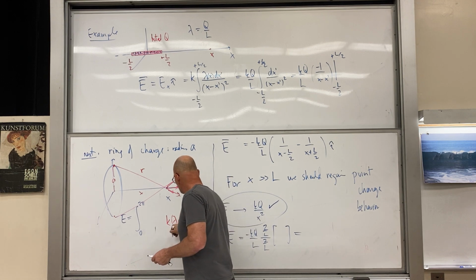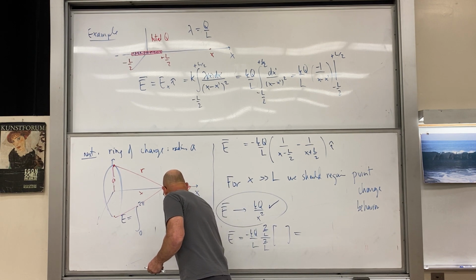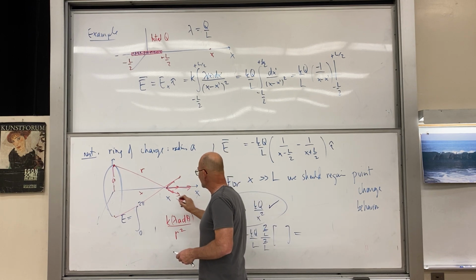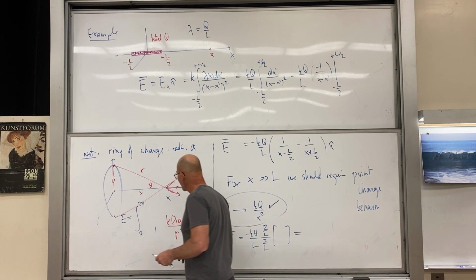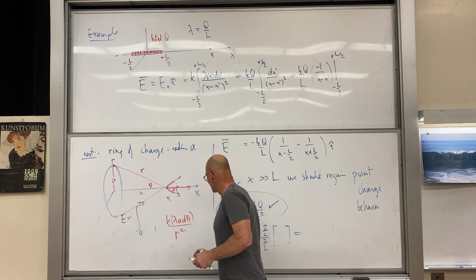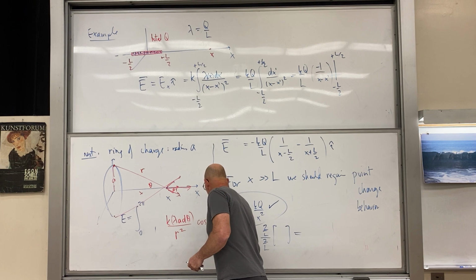So that'll give us the q. We have an r squared, and then we have to multiply by the cosine of theta here, which will give us the forward projection, same angle here and here. So cosine of theta